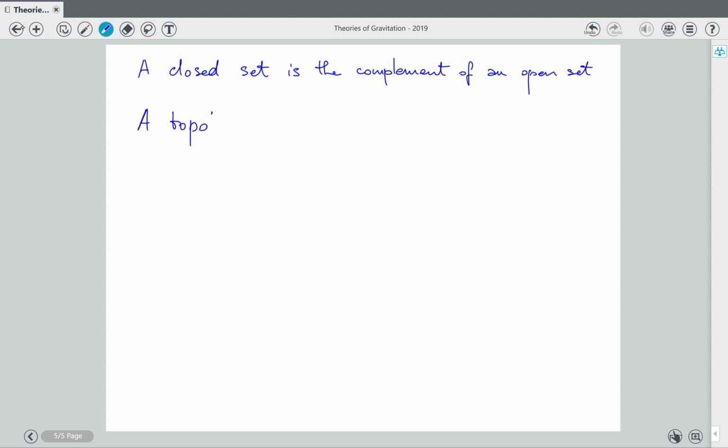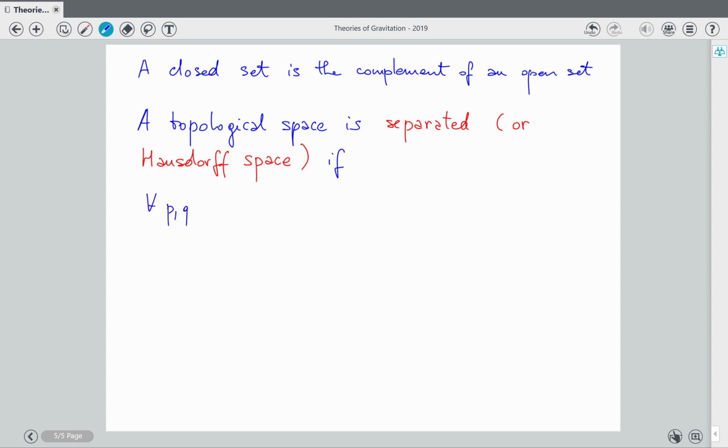So a topological space is separated, or also called Hausdorff space, if for every P and Q distinct points, where P belongs to the set X and Q also belongs to the set X,